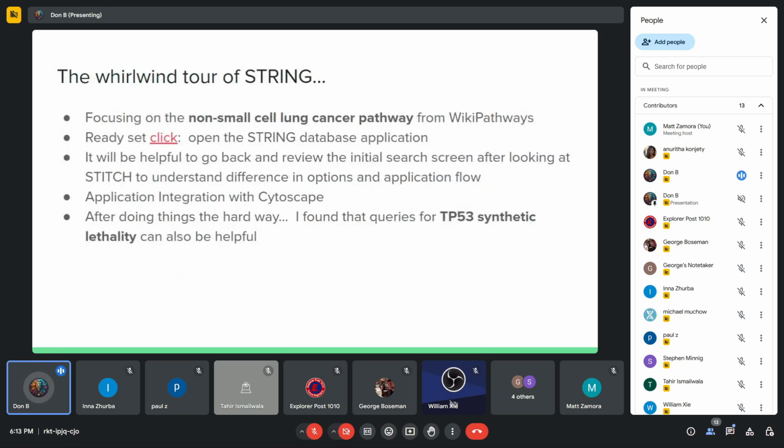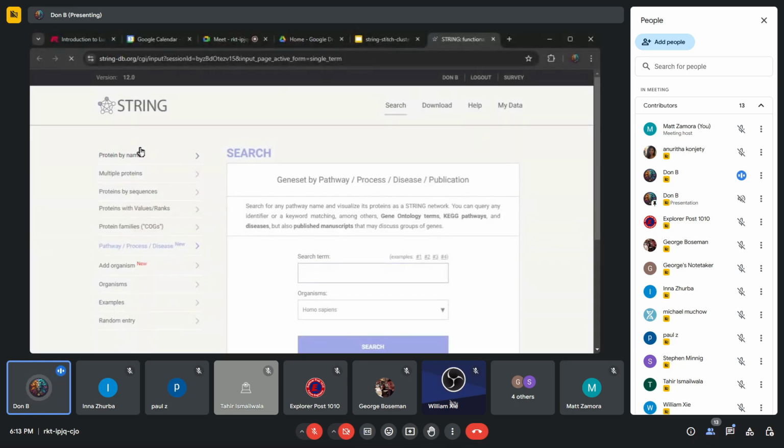Okay, so the quick whirlwind tour at this point, before later on I'll do a more thorough review focused on the WikiPathways. What I thought would be helpful is a quick hands-on demo, and it's very aligned with how I got up to speed in terms of using it. The key pain point that we had at the time was that we had a good source of data that mapped compounds to proteins, and that was through the Guide to Pharmacology database. But what we were missing,